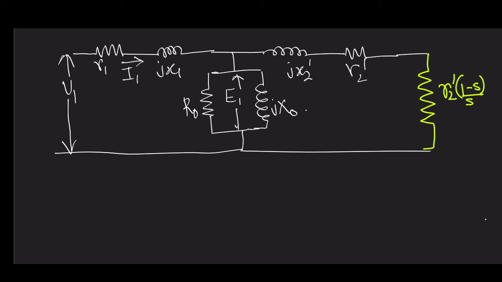Actually, if we put it, this is minus E1, and this was I2 dash. This is I naught, and this side it was your E2 dash. Well, so if that is the case, then what we can write is that